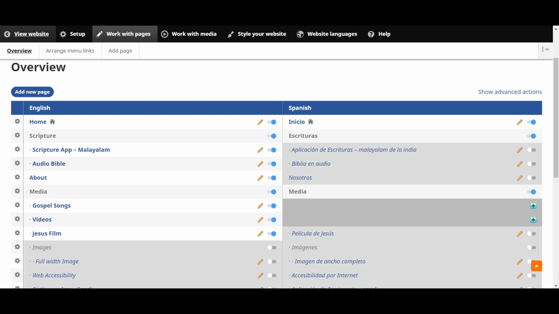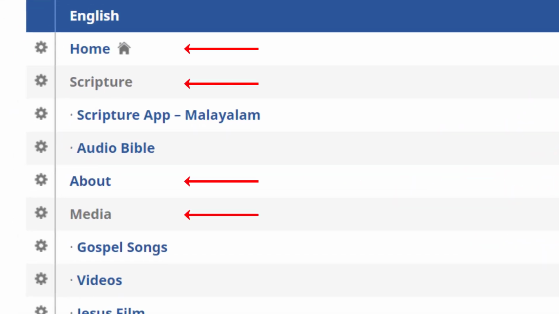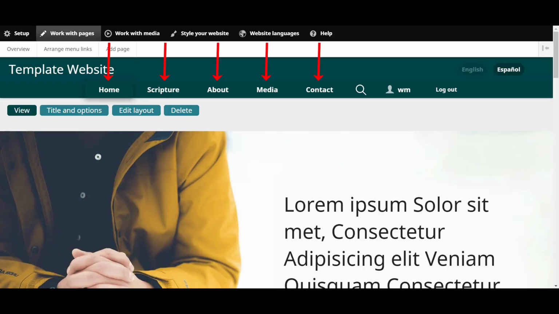The position of the items in the website menu is indicated on the Overview chart by the vertical and horizontal location of the page title. The order of your pages, shown in the Overview chart from top to bottom, indicates the order of your menu items on the website.